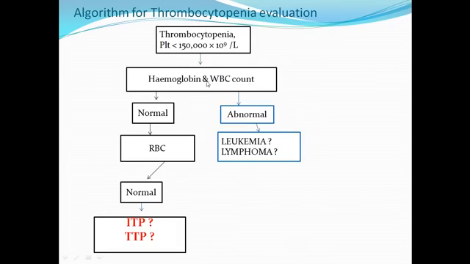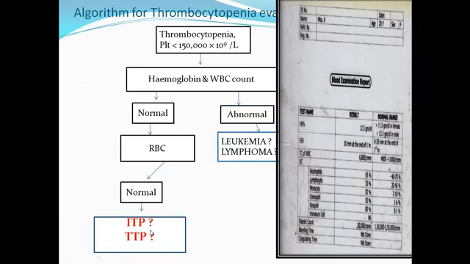Thrombocytopenia, then we have to look towards hemoglobin and WBC level. If abnormal, we have to think leukemia, lymphoma, or any other diagnosis. If normal, then we have to look towards the RBC morphology. If it is normal, our diagnosis may be ITP or TTP. And now if we study it side by side,